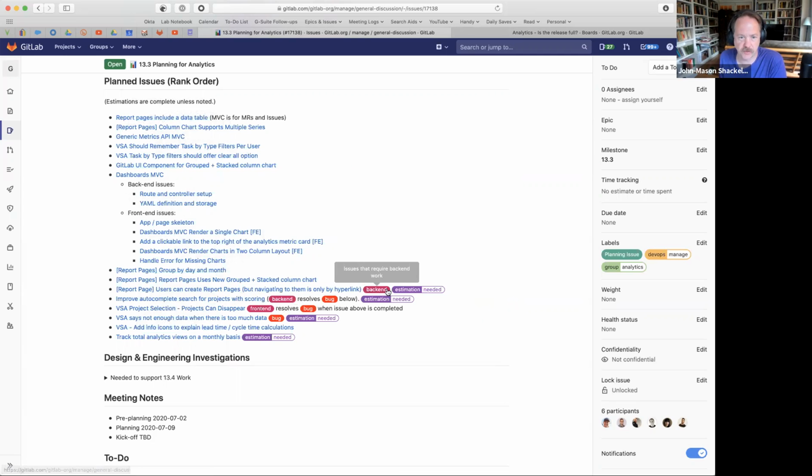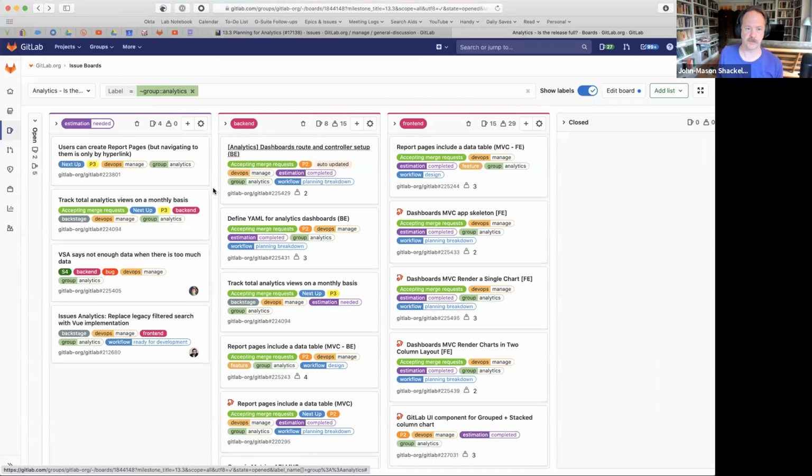There are a few items for which we don't actually have estimates down here. So we'll have to figure out what to do about them. They're primarily back end related to bugs that we wanted to fix. But yeah, I think for the most part we've got the rank order. The question is what fits, and that's what this board was supposed to help us try to answer.